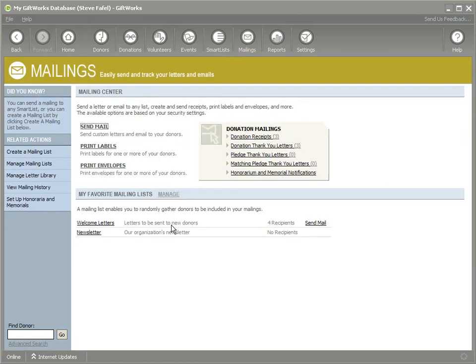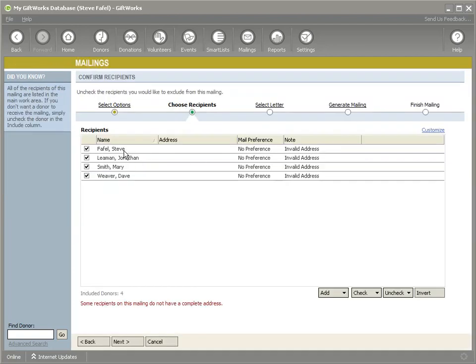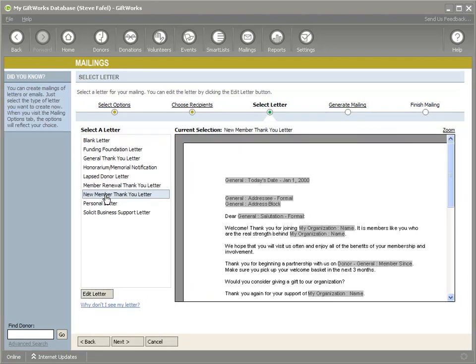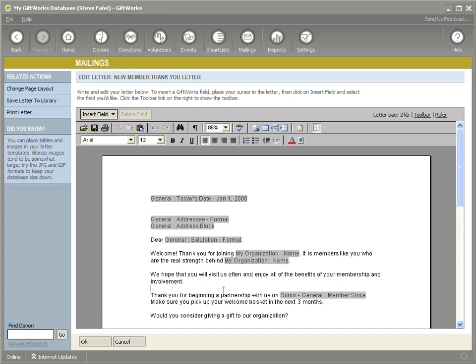And so the first thing I'm going to do is go to my mailing section, and I'm going to click on the Send Mail link next to my welcome letters. It'll start the mailing process, and I can choose recipients, and you'll see the 4 recipients that are listed. If I go under Select Letter, I'll see that the new member thank you letter is selected, and within this letter, there's a couple of ways that I can use SmartFields to improve this letter. So I'm going to click on Edit Letter, and I'm going to scroll down a little bit,